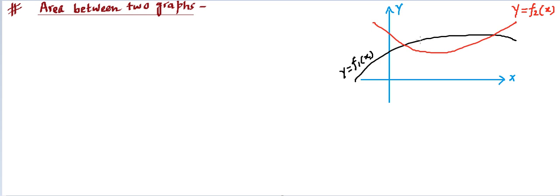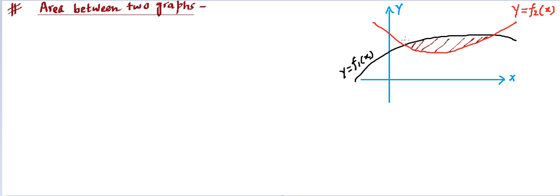And if you plot this, you will find that they might be intersecting somewhere, and if they are intersecting at these two points, then you'll find this area is going to be the enclosed area. So area enclosed between two graphs, or we can simply say area between two graphs. And somebody says find this area between these two graphs. If you go by the geometry, you will find it's going to be extremely difficult to find this area, but this integration is going to help us, and we will be able to find any area formed by any two graphs between the intersection points.